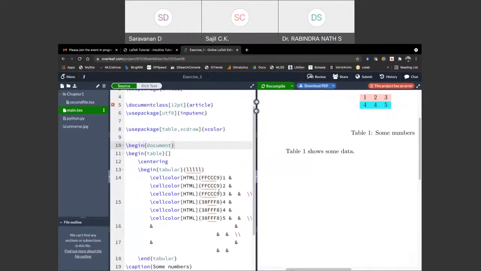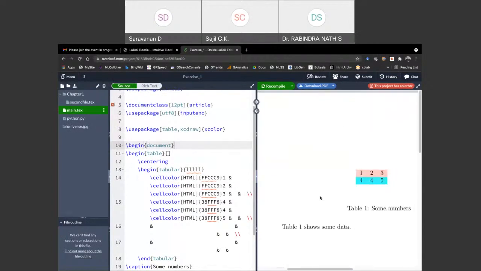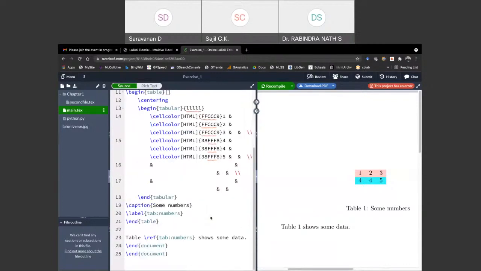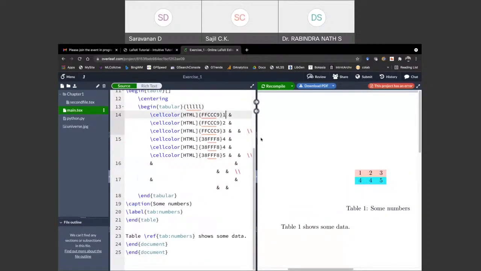Okay, let me show you this table here. Suppose I want to have an equation inside this content, let me try an equation.